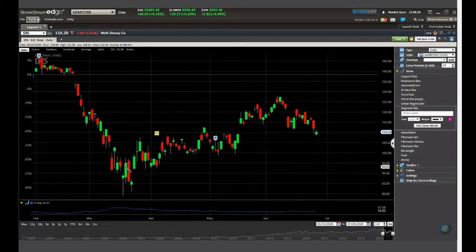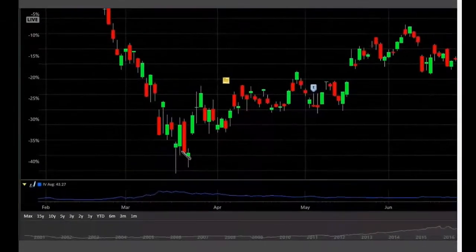Now, here's the tough part. This is where the art of the market comes in, to all you viewers out there. Some of us might say, well, I'll start from this level here, which is the bottom of the candlestick. Some of us might say I start from the very bottom of the wick of the candlestick. Okay. Some might say, well, I split the difference. I do the halfway line. That's fine. Whatever it is, the idea here is we're going for a zone, and that zone is probably somewhere in here. Wouldn't you agree?